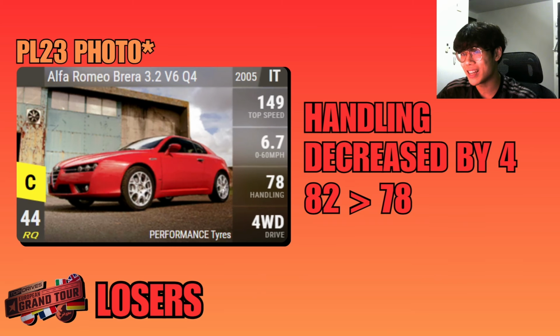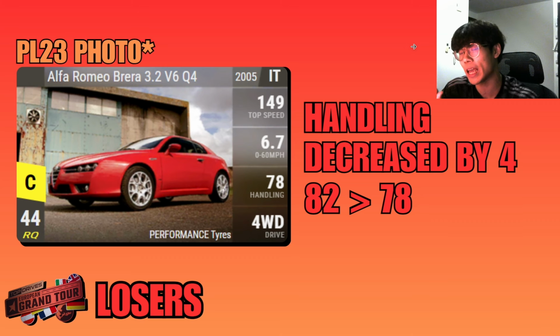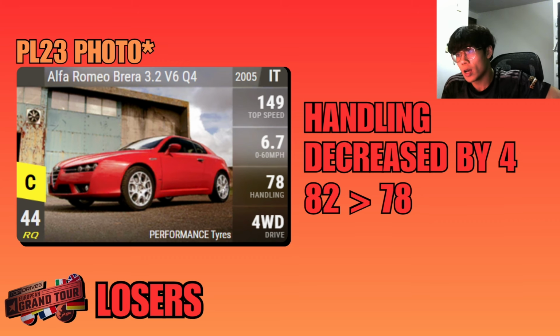Now moving on to the next loser of this update. We're looking at update 23 photos, so the most recent photos as you will see in the game right now. As of recording this video, it is the Alfa Romeo Brera 3.2. This got a handling decrease of 4, which is a huge blow because this was one of my go-to